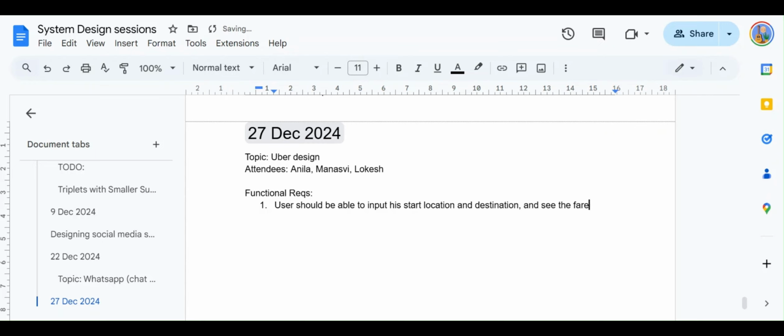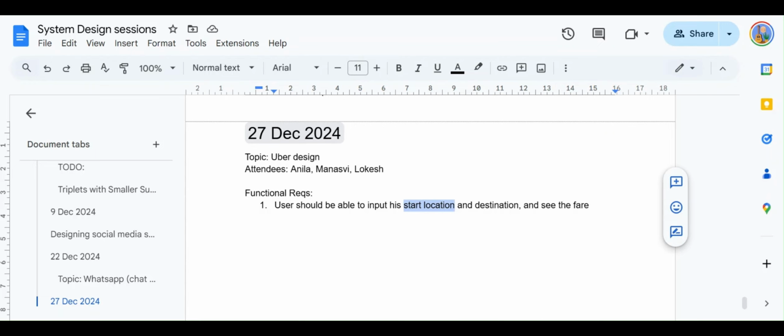So this is the very first thing. When you open your Uber app, it automatically takes your current location as the input, but you can also put in a custom start location by overriding it.